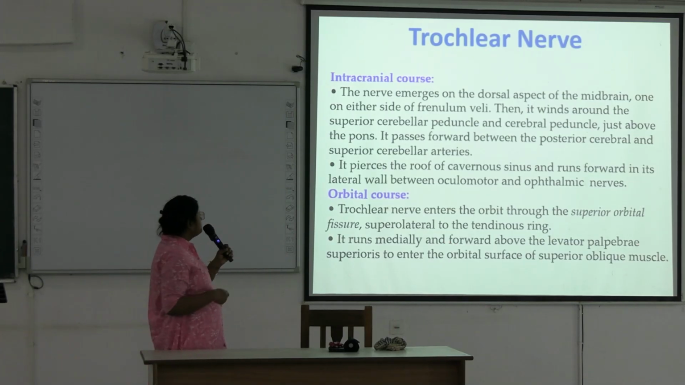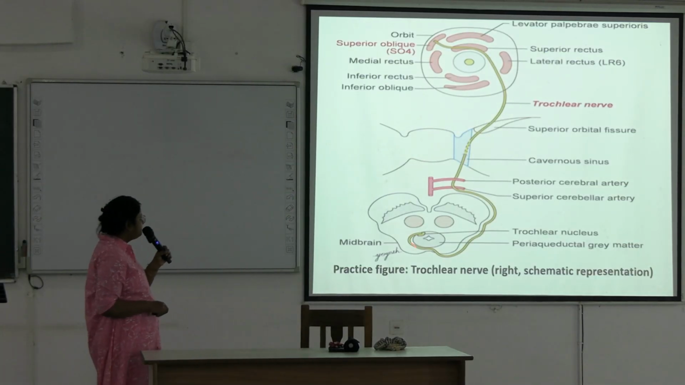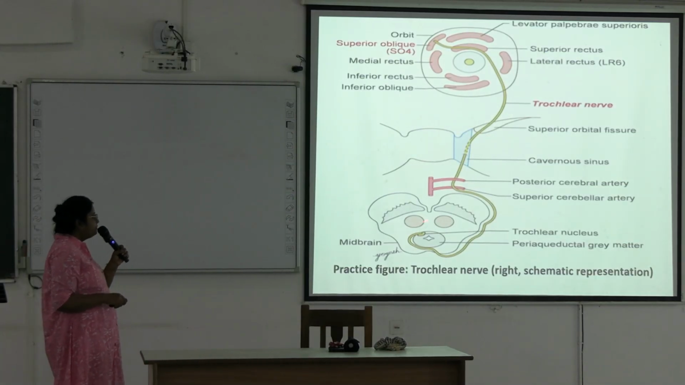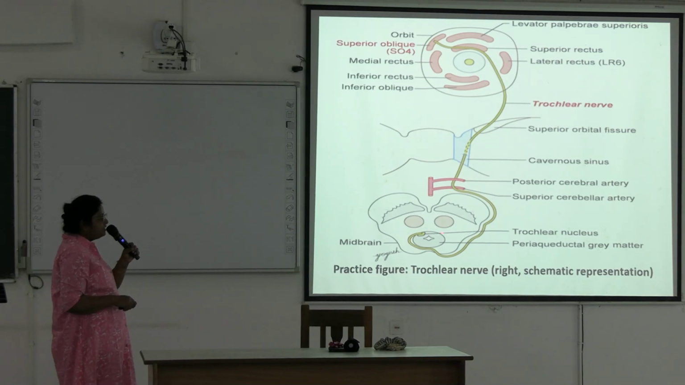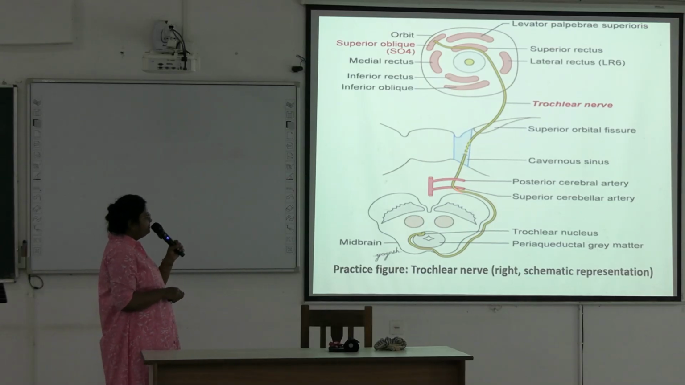Okay. So next, this is the course. It arises from the trochlear nerve nucleus, then winds round the periaqueductal gray on the dorsal aspect. It crosses with the nerve of the other side, dorsal to this periaqueductal gray, then comes out from the dorsal aspect, winding round the crus cerebri